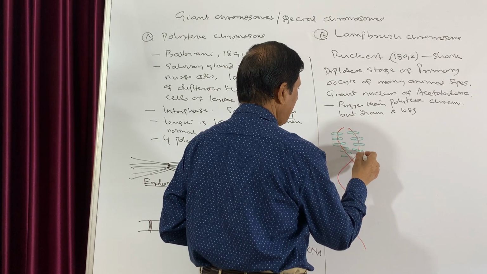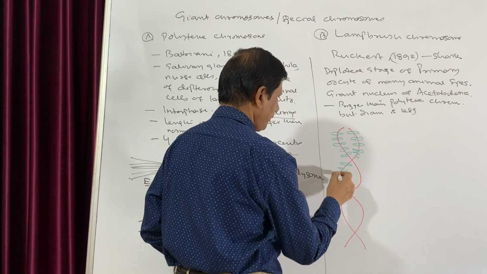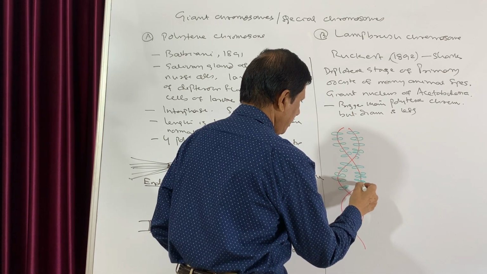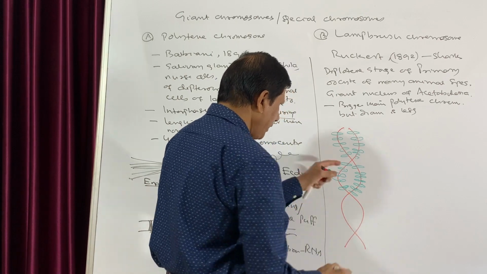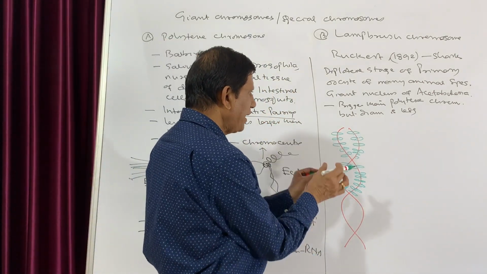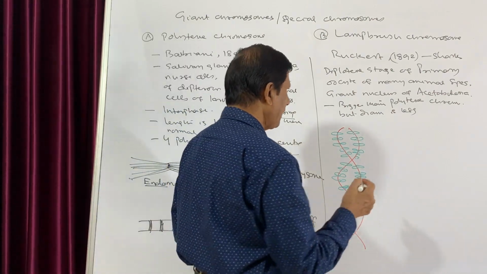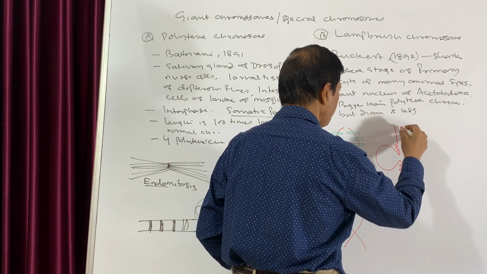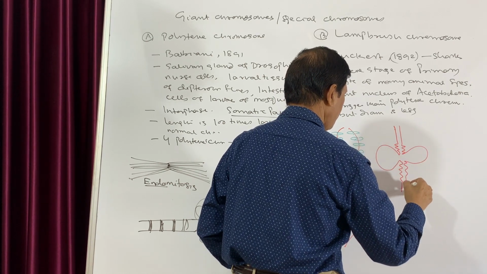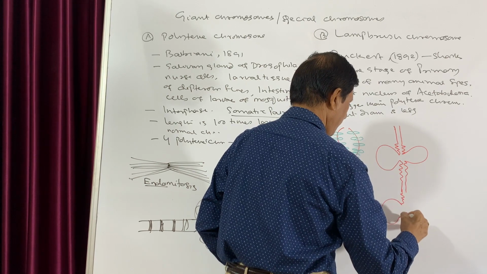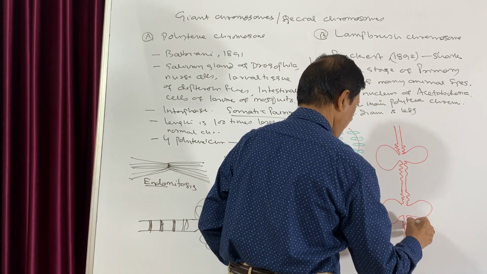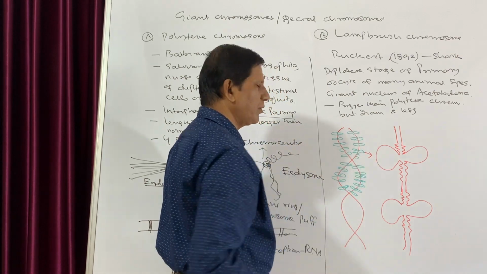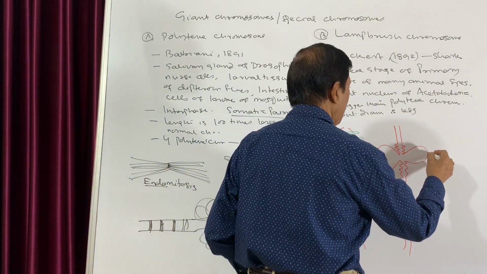So two chromosomes are in the pairing stage, and they are present like this. That means these are the different types of loops. So this structure is present like this throughout. I will not draw the entire one. Now if you expand a particular portion of this, how will it look? Like this. If you expand a particular portion, it will look like this. So this is the loop